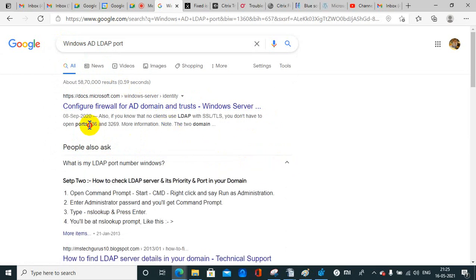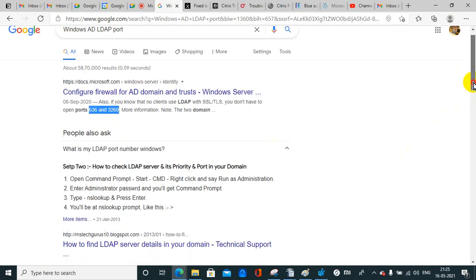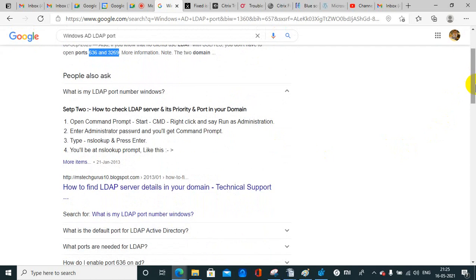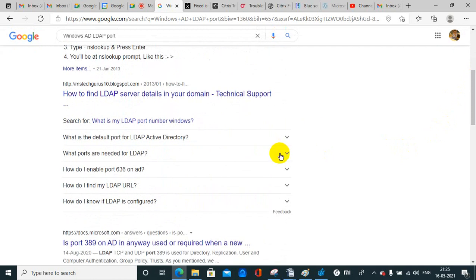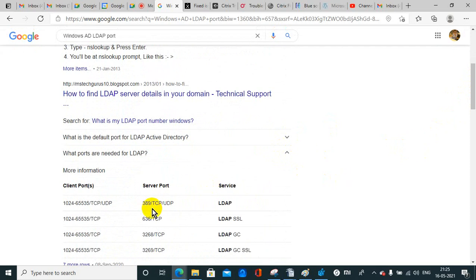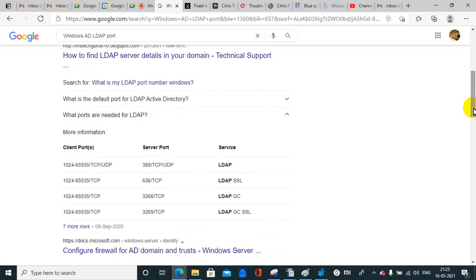It's 636, and this one port as shown. Okay. Also, do you know what is the use of NS lookup? It's an NS DC lookup. You can see this, it's a way Microsoft is running all applications on the desktop. It's showing you which ports are used or not. 389 is LDAP, port 389; LDAP SSL is 636.